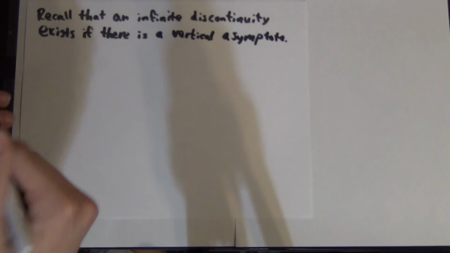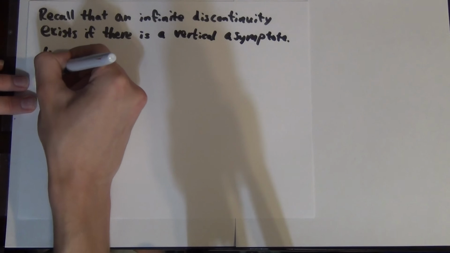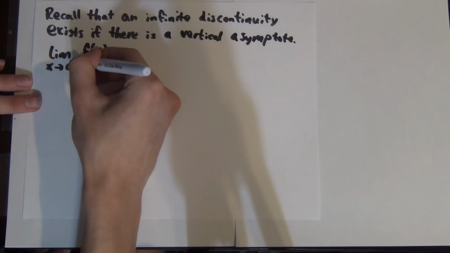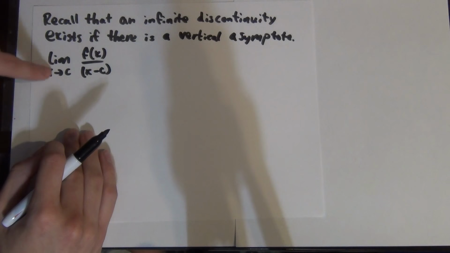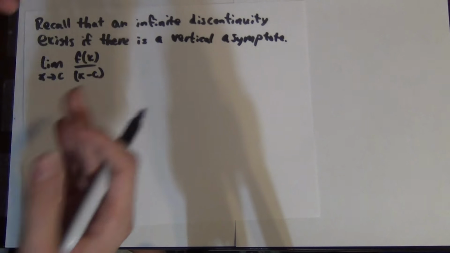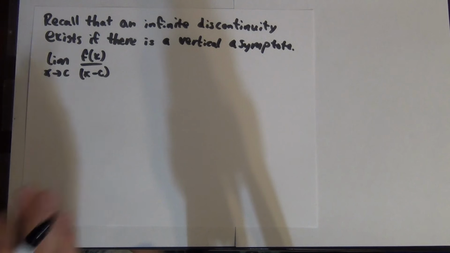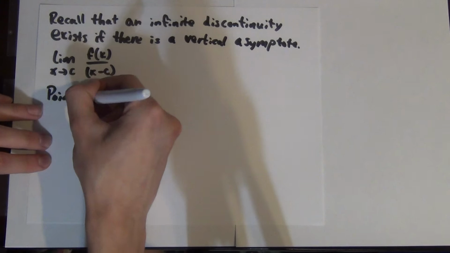Okay, so what that looks like in terms of limits would be something like, well, if the limit as x approaches c of f of x is being divided by something that you can't substitute. I can't just plug in x equals c right here and have that equal anything meaningful, because I'd be dividing by 0. Okay, and this is different from a point discontinuity, because if you recall what a point discontinuity states,